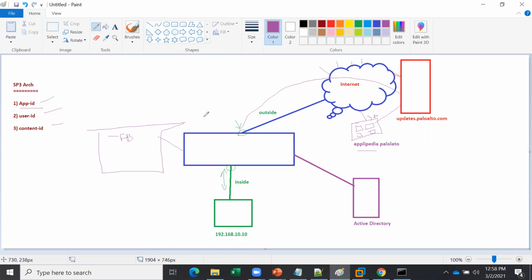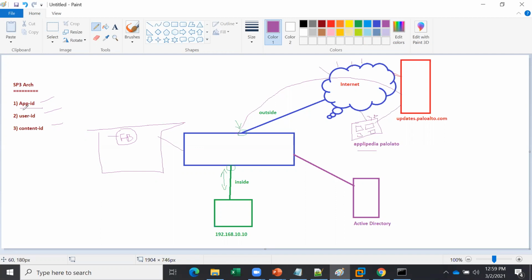If you go there and check, you will see all the app IDs. Now the firewall has the app ID details. So whenever the user tries to go somewhere, the firewall identifies the application behavior and detects, okay, this is Facebook, this is YouTube, this is some Microsoft application.